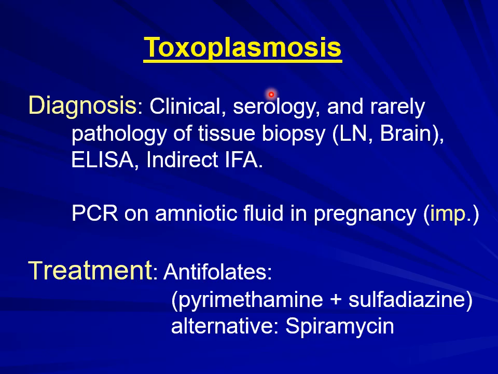Now, other ways can be used, but they are less common. These can include pathology of tissue, and this happens usually with patients that come with lymphadenopathy and doubt the presence of cancer. These patients are extremely happy when they know that it's not a cancer, but rather it is the parasite present in their lymph nodes. Now, ELISA is another way to do it, and of course we have all the tools to study or to label the parasite by immunofluorescence assay.